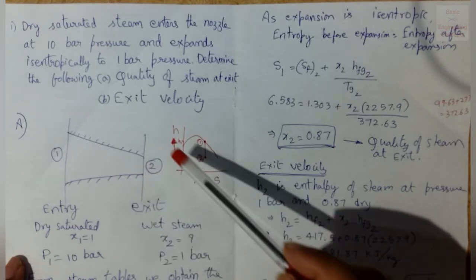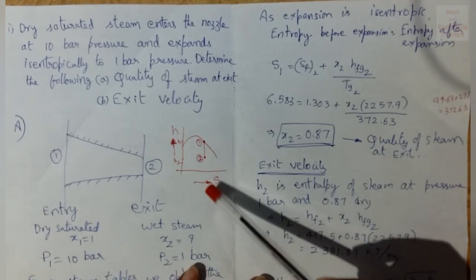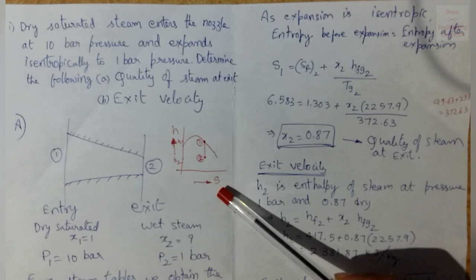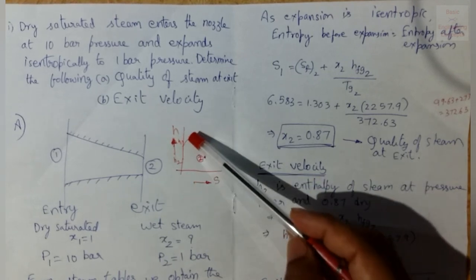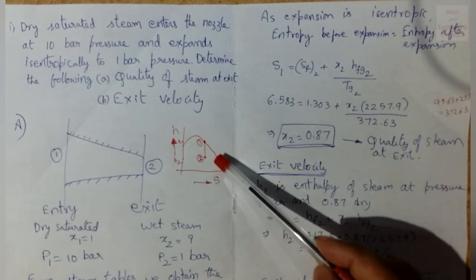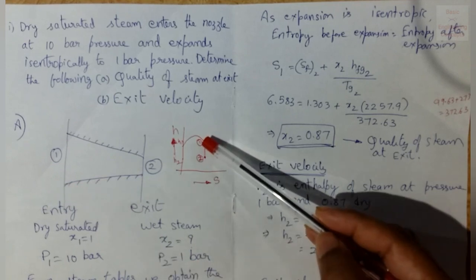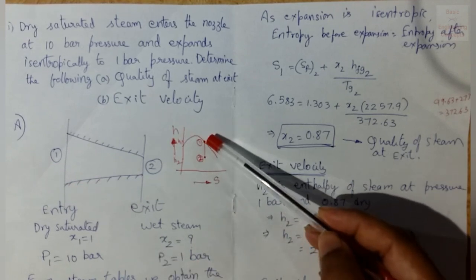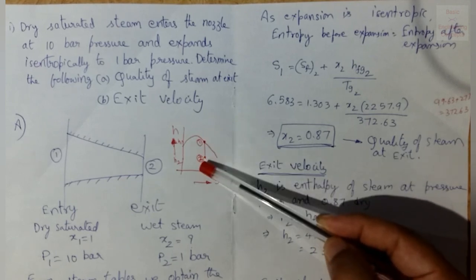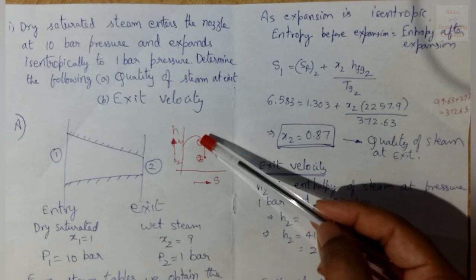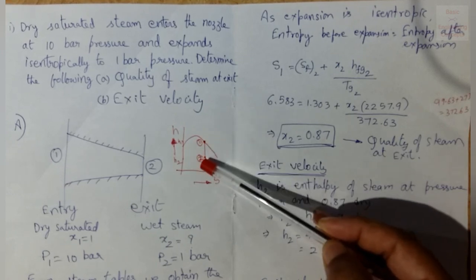So for this, the HS diagram, the enthalpy entropy diagram, is this. Enthalpy on the y-axis, entropy on the x-axis. So this is the curve, the dry saturated curve. The first point, that is the entry point, is somewhere on the curve. So this is the first point, say. The second point will be exactly below point 1, because 1 to 2 expansion is isentropic. So isentropically it is expanding.